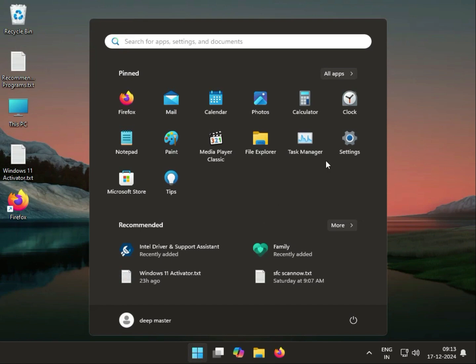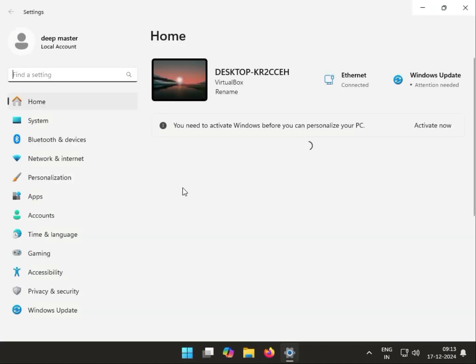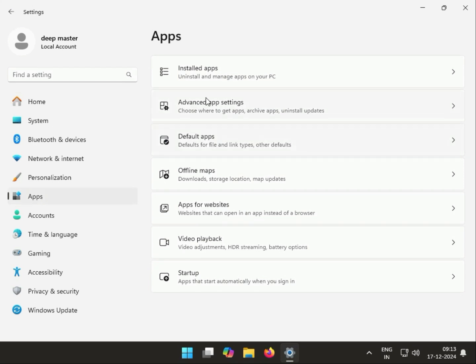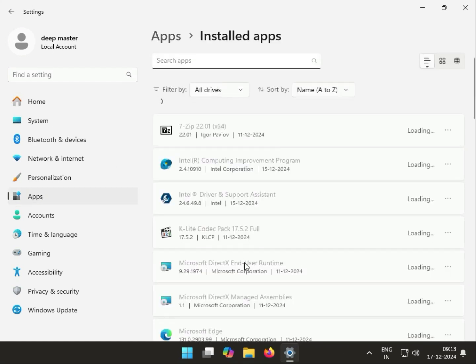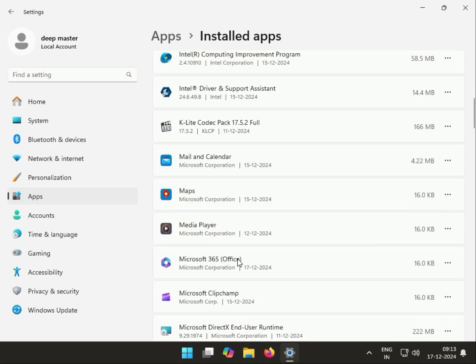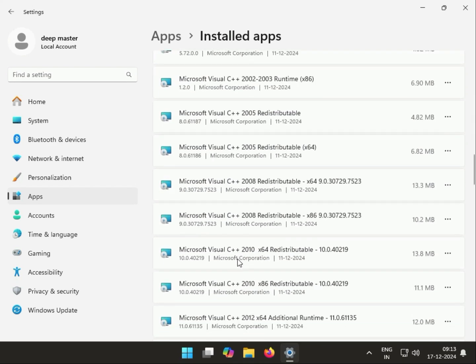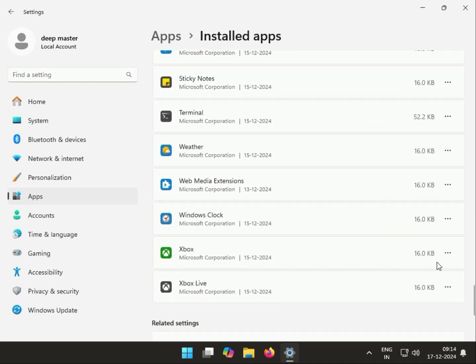Next, repair or reset the Xbox app from Microsoft. Click Start, go to Settings, then click Apps, then Installed apps, find Xbox. But guys, mute this for some seconds. Yeah, now perfect. Xbox, click the three dots,